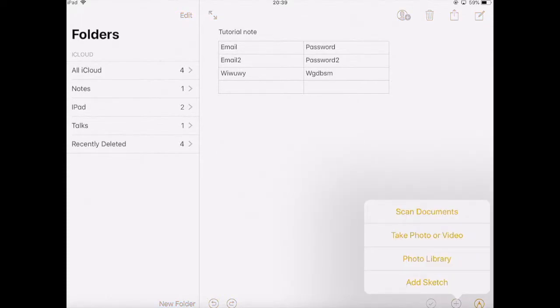If I touch on that, you can actually scan a document. You can take a photo or video, or you can get something from your photo library, or you can add a sketch. Those are all the things that you can do in notes. When you've completed your note, you can then say you want to hide it so nobody else can see. So you go up to here, the share button, which is a square box with an upward arrow, touch on that,